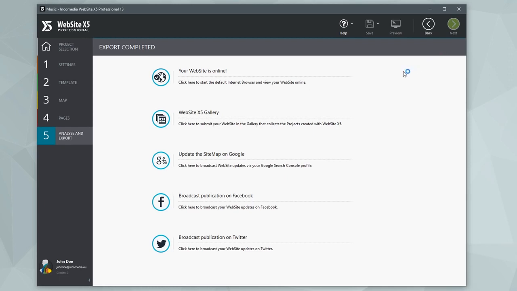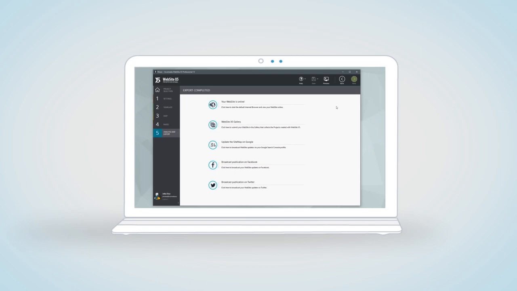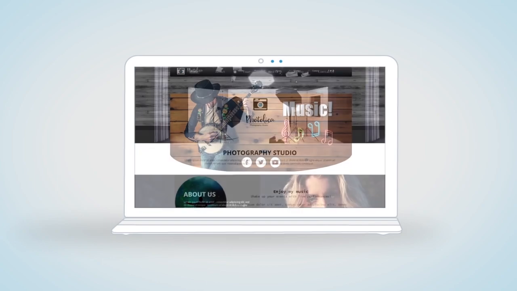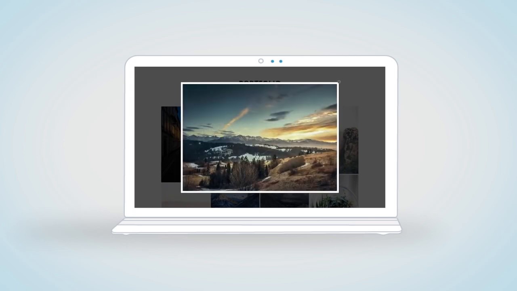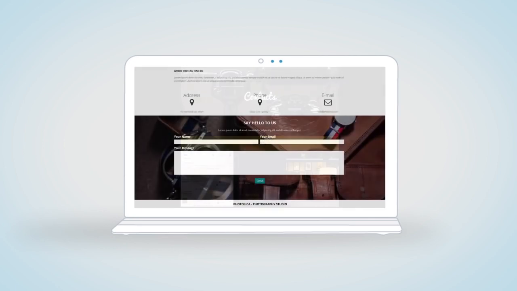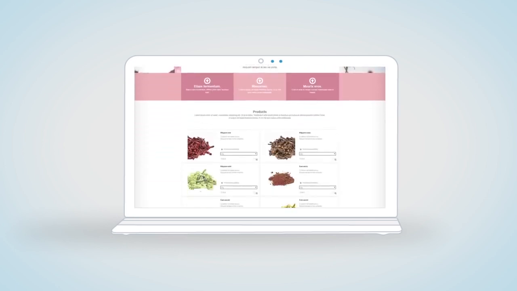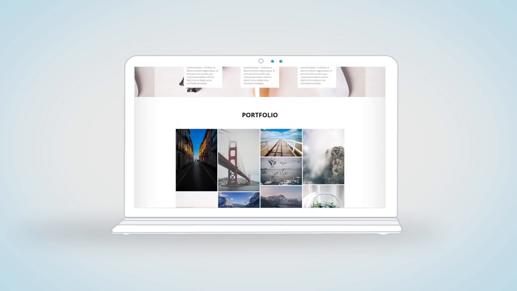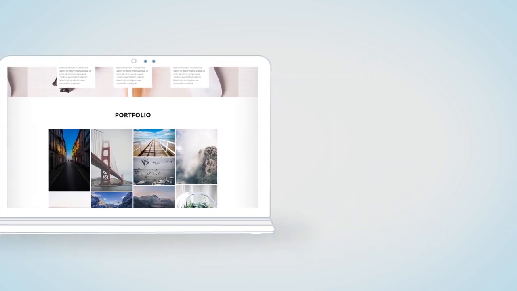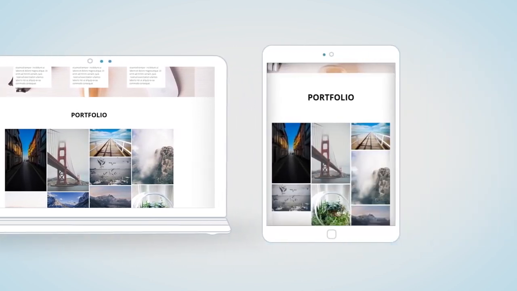The last thing you should do is tell everybody your website is online, send a notification to Google immediately, and then publish an update on your Facebook or Twitter page. Thanks to Website X5, your website will be online in no time. You can build a top-quality professional website, complete with text, photo galleries, a contact form, maps, and an online store. A website that's optimized for search engines and is responsive, capable of adapting itself to display perfectly on desktops, tablets,